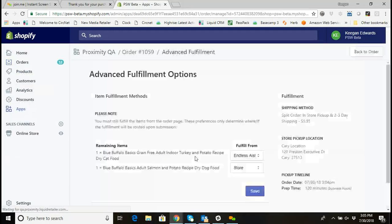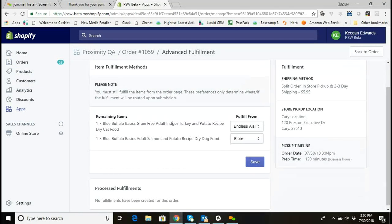Advanced Fulfillment and check to make sure that my fulfillment method is set appropriately for each item. So for the Endless Aisles item, set to Endless Aisles. For the store item, it's locked in as store because the customer selected store pickup at checkout. And so this is the product that will be picked up in store. So if I go back to the order,